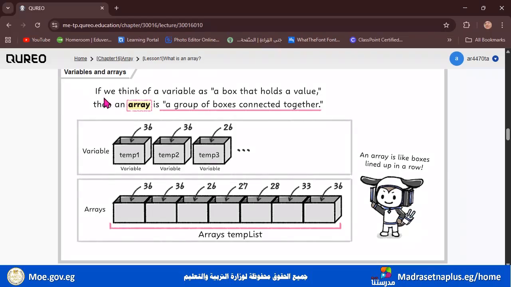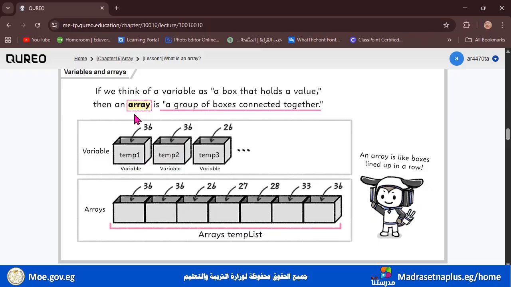If we think of a variable as a box that holds a value, then look here: a variable holds a value, another variable holds another value. So he simulated it with boxes. This is a box and another box and another box, and they are separated.